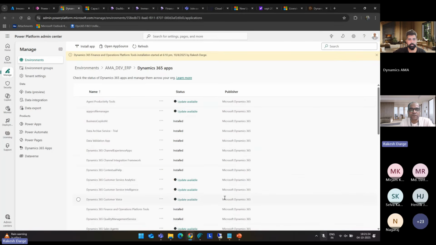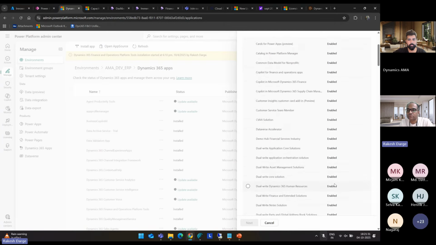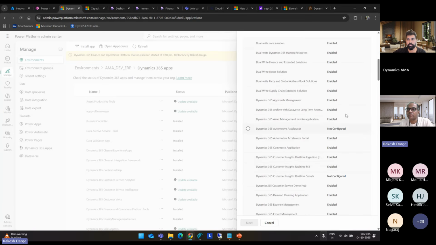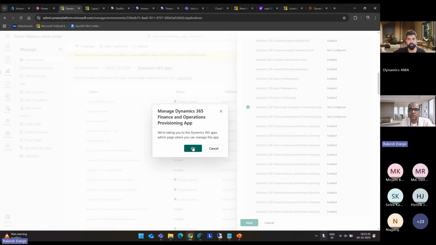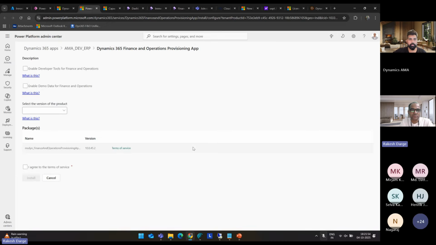So I'll go back here, and now we have the first platform tool installed. Now I'll go back here and I'll try to install the other app which is required for the dev VM to be deployed, which is nothing but the provision app. Okay, you can select one of them. Although I'm not going to create and install this because it takes time to install. It actually takes more than an hour or so. But I just wanted to run through the experience for everyone so that you can see.